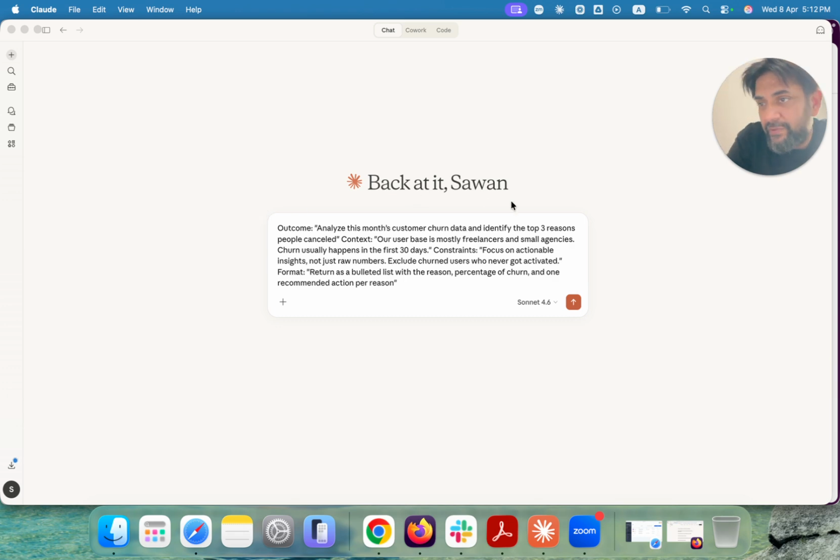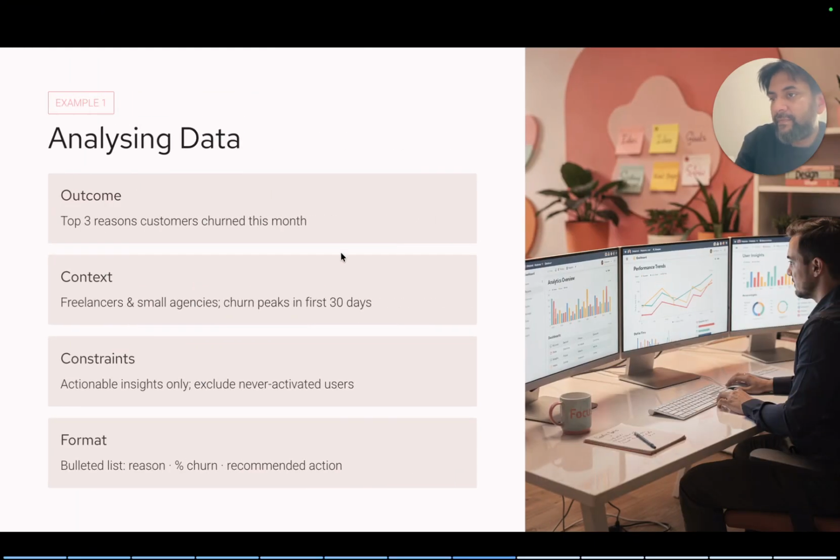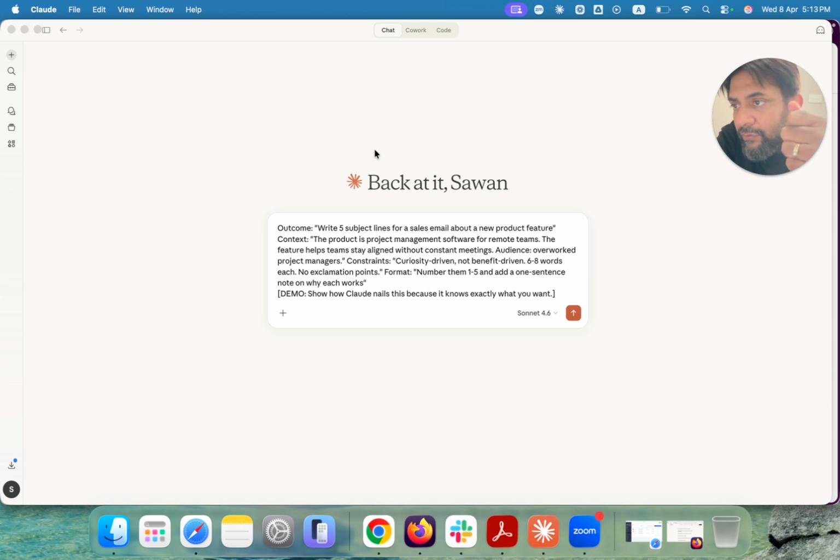A creative project, okay? And I'll show you the prompt. Now if you see this, the outcome is write 5 subject lines for a sales email about a new product feature. The context is the product is a product management software for remote teams. The feature helps teams stay aligned without constant meetings.